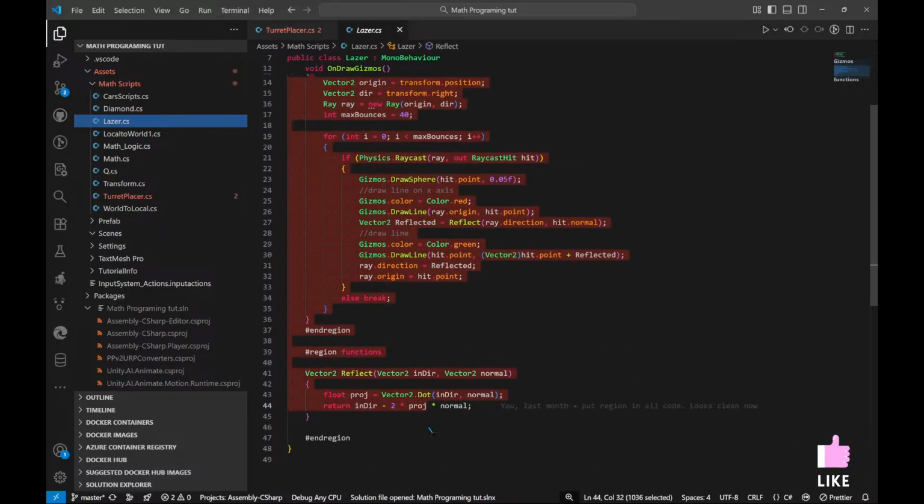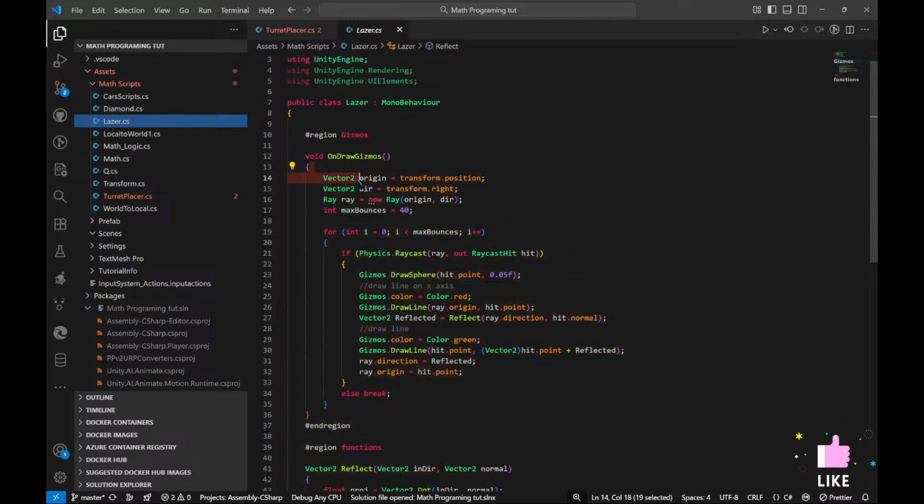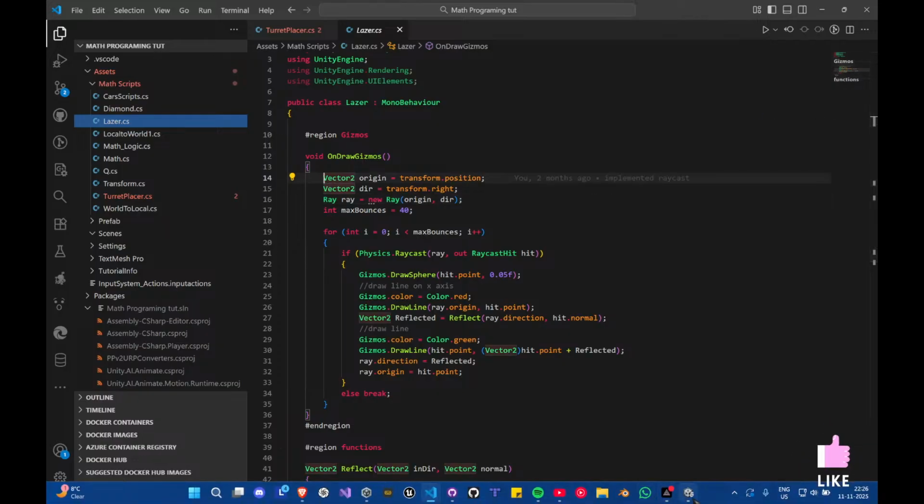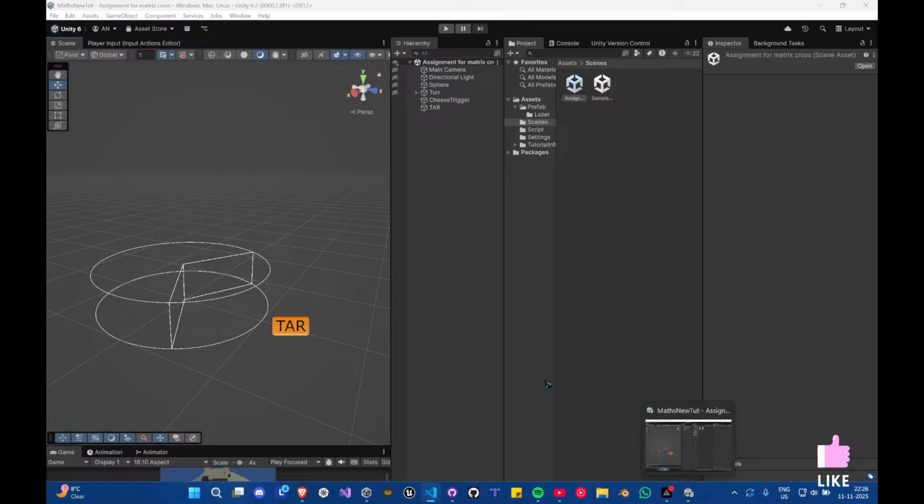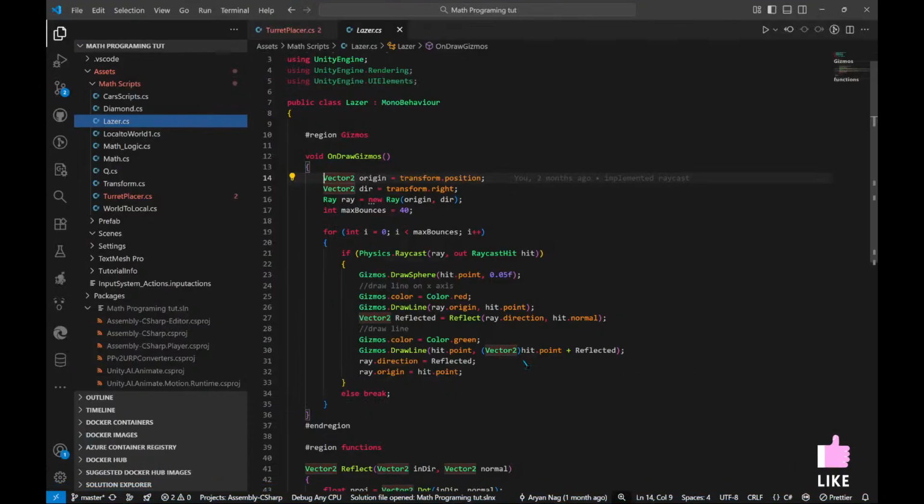If our trigger is false, then we don't have to turn on our laser. We don't have to project our laser on this target. Also, we have to